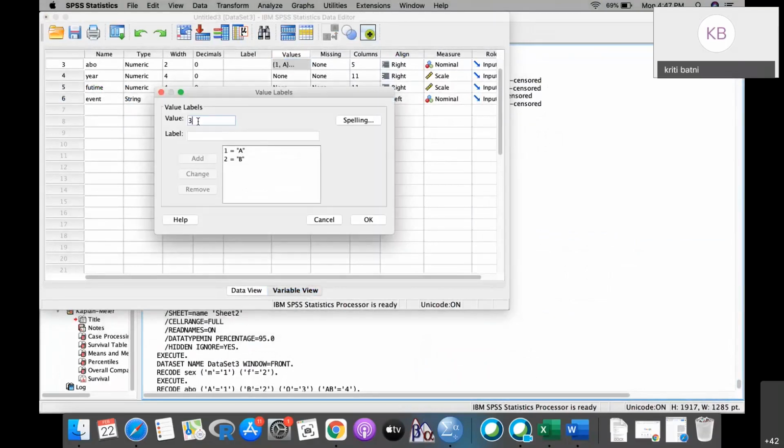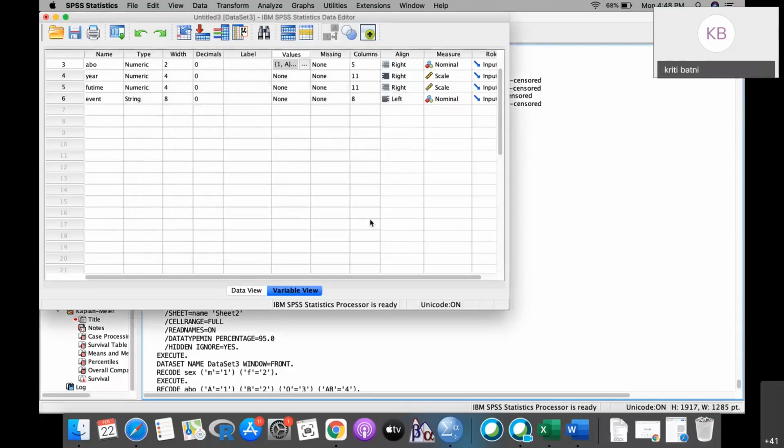Then 3 stands for O, and 4 for AB. Click OK. Okay.